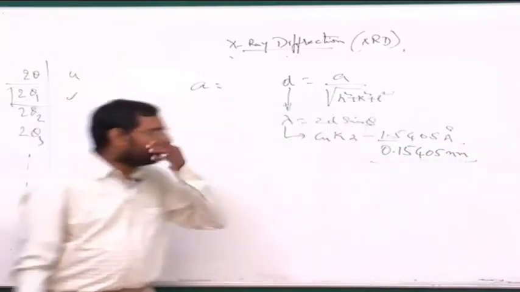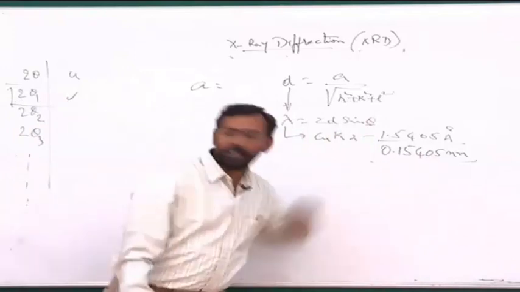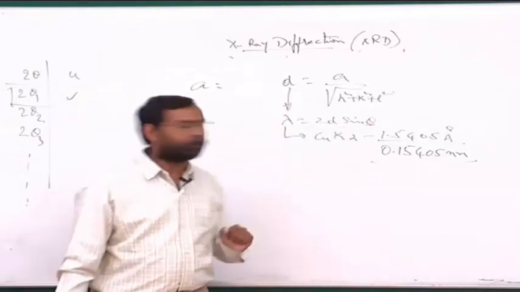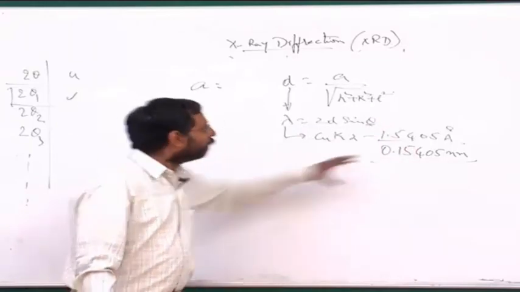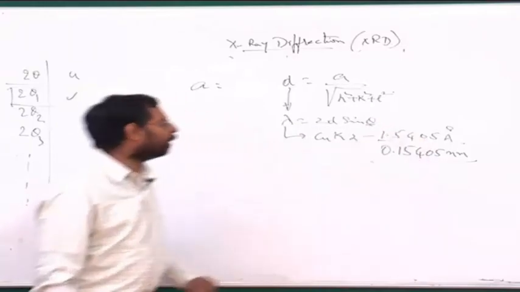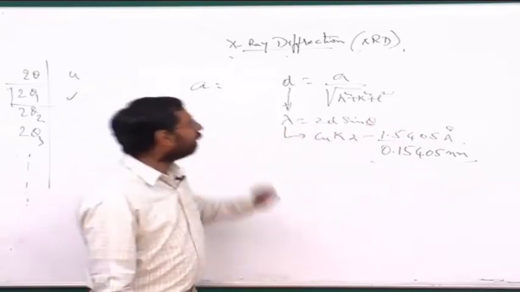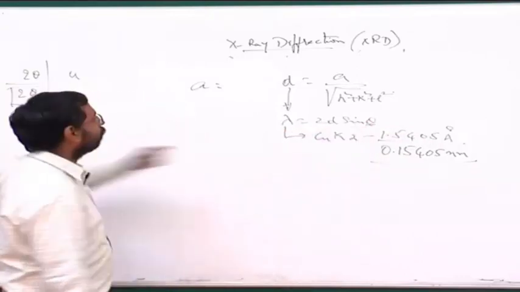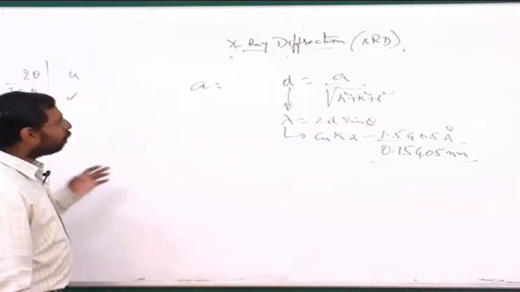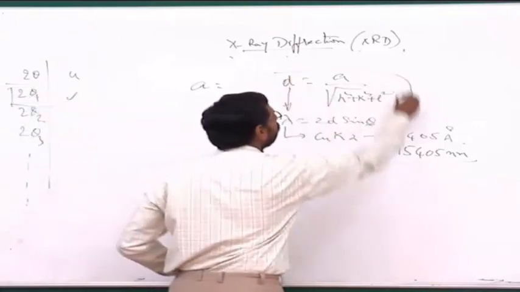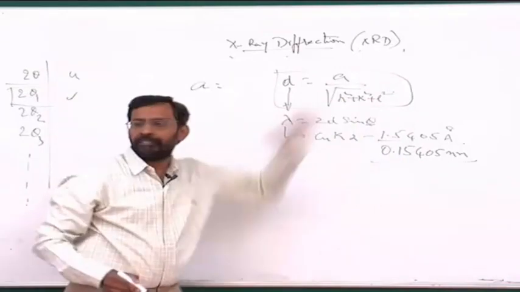They simply show the lambda in the form of nanometers rather than angstroms, because angstroms is not an SI unit. So you should in principle use this notation rather than that notation. And once you have the lambda and once you know the theta for the first peak, you can find out the D. But you know that in principle I can use this equation for every HKL.